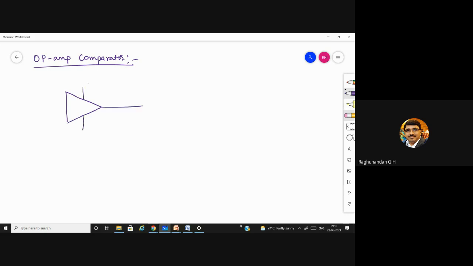So we are having plus VCC, minus VEE, non-inverting, inverting. Here we are going to give the reference signal, and here we are going to give the input signal. Whatever the signal which we want to compare and tell whether it is greater than the reference or some threshold or not, that will be given here. This reference voltage is the threshold or some predefined value to which you need to compare, and here we will be getting the output.